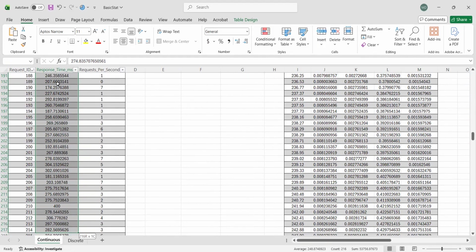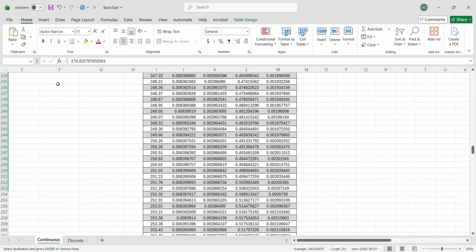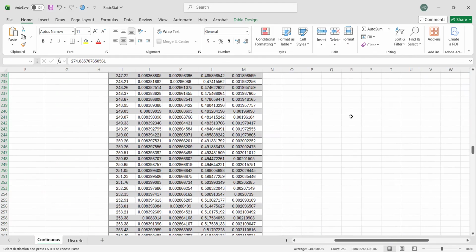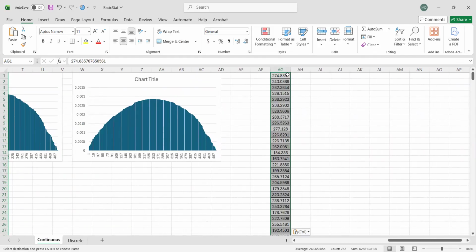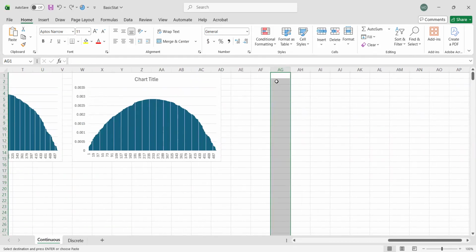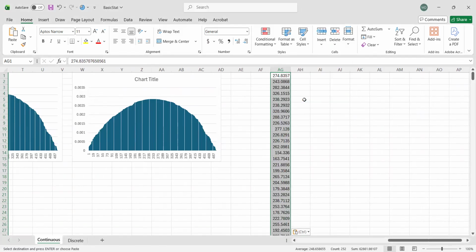There are many ways to do this, but what I'm doing right now is the manual version. I'll paste it somewhere here, so we have a new data set, or I'll paste it as a value. So right click this one to remove the formatting.